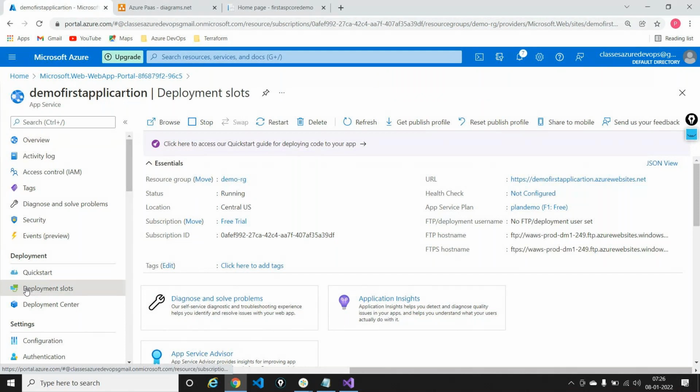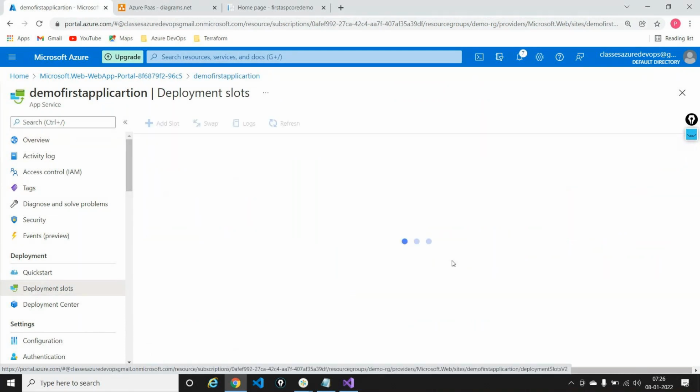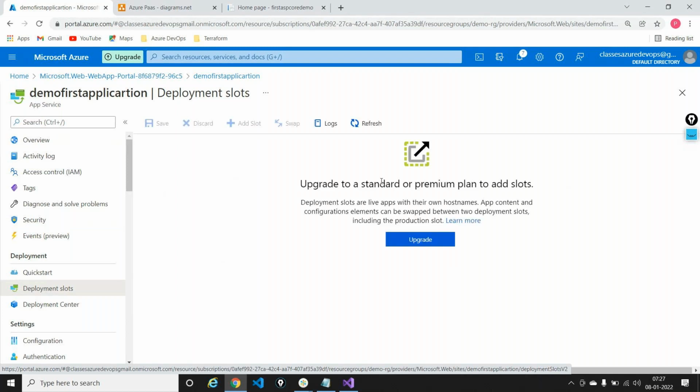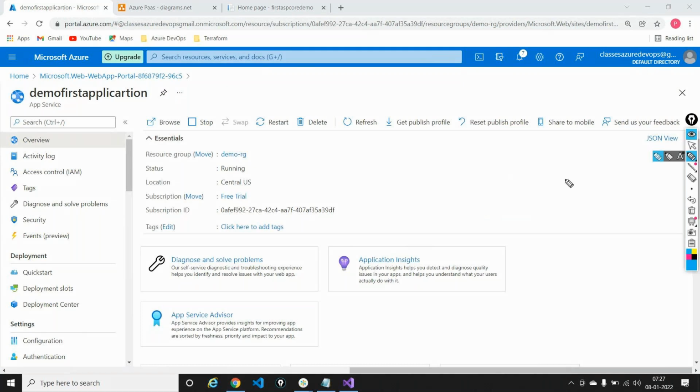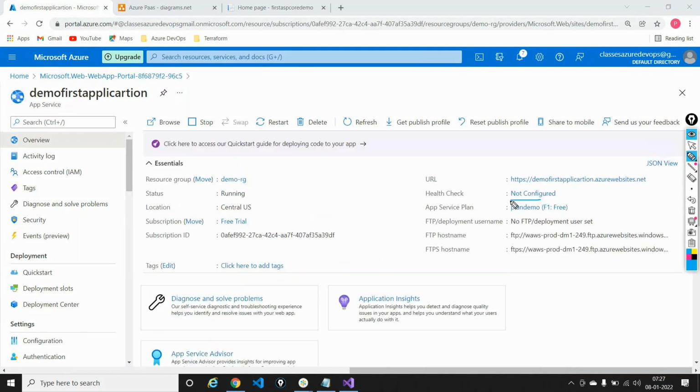So I'll go into the deployment slots, and right now when I hit the deployment slot, it's giving me this particular message telling me that the deployment slot is not a supported option, unfortunately, because the plan you're using is the free tier plan. It's a free plan that you're using, which doesn't really support a lot of features. So if you want to use multiple features, please upgrade your plan.